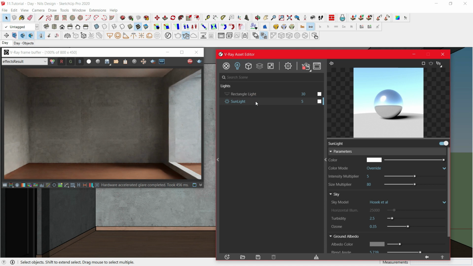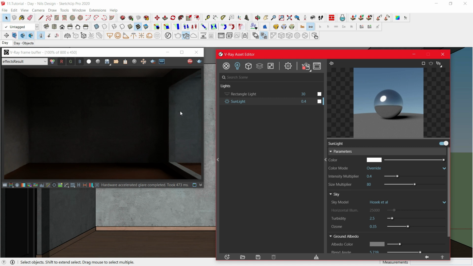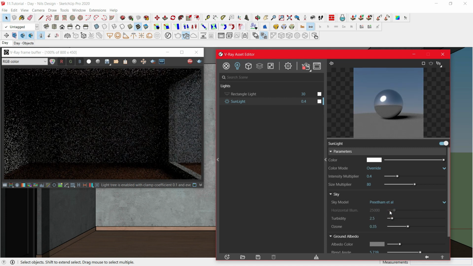As for the sunlight, try lowering the intensity multiplier to 0.4. This way it will reduce the sun brightness, making it look like a nighttime effect. And now on the sky model, change the preset from Hosek to Preetham.